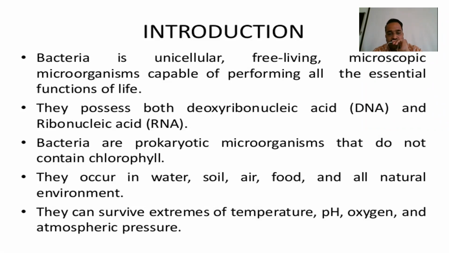And the last important characteristic is they can survive in extremes of temperature. Some of the bacteria or some of the microorganisms are very strong, where they can survive at very extreme temperature. Or if you have an extreme pH, that is the per hydrogen acidity, what we call acidic condition, even then they can bear that particular kind of pH also. The normal neutral pH is 7. So if it is more than 7 or less than 7 also, they can bear the condition.